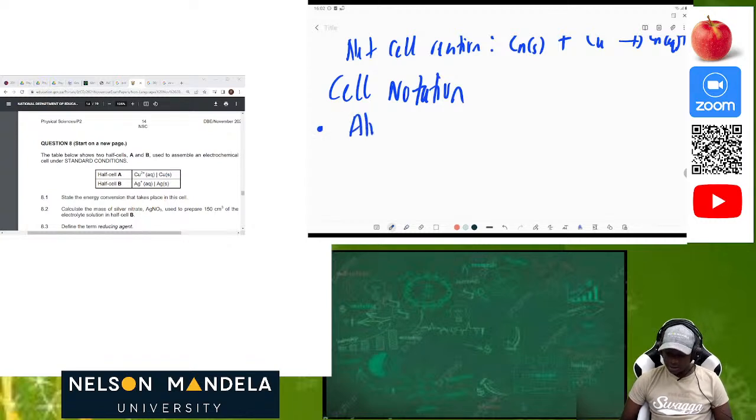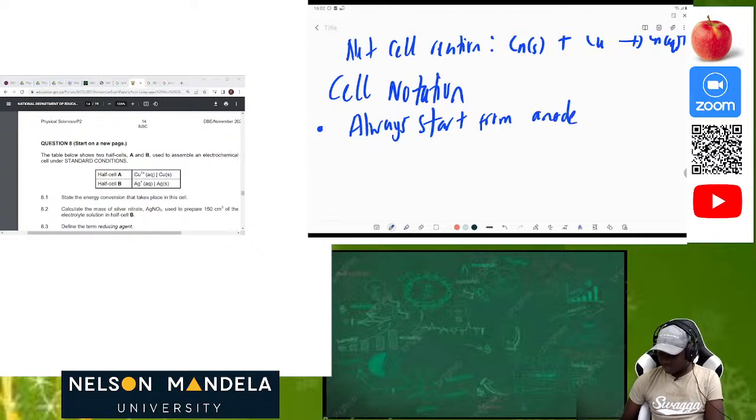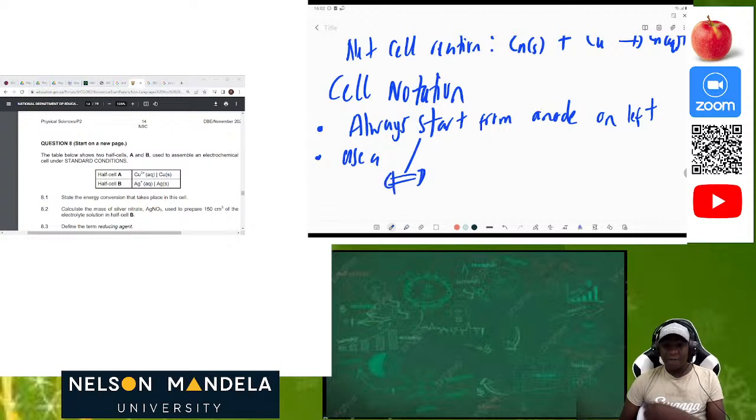We always start from the anode. Okay, we always start from the anode on the left. Then, number two, what is important, we use a forward slash. This is so crucial. When do we use a forward slash? We use a forward slash to separate